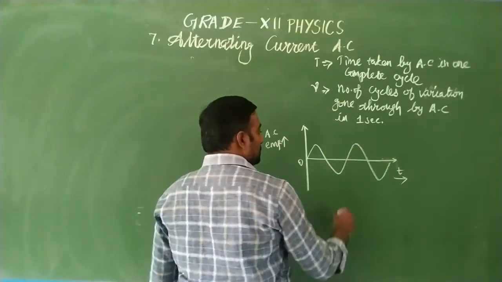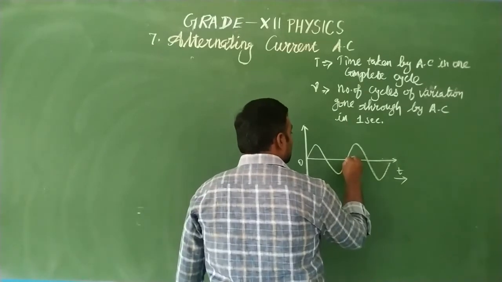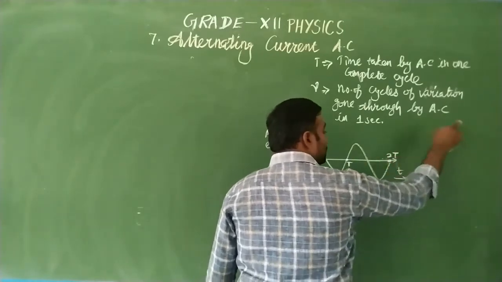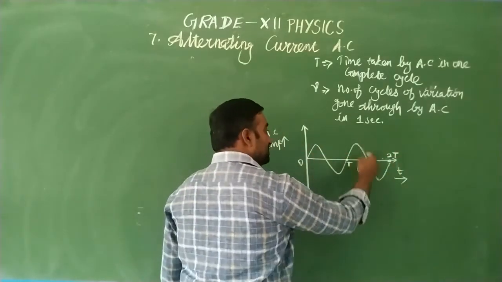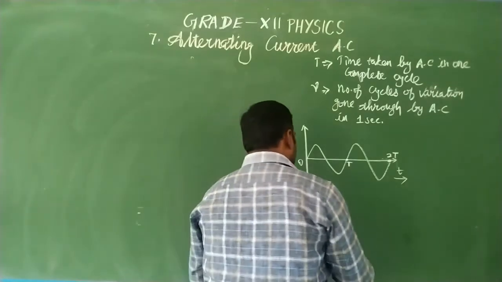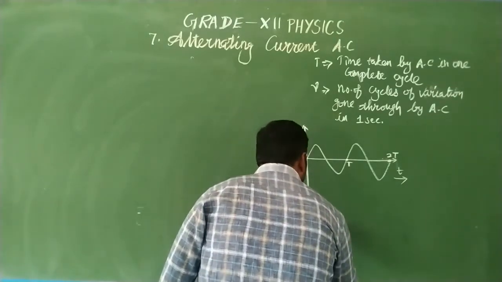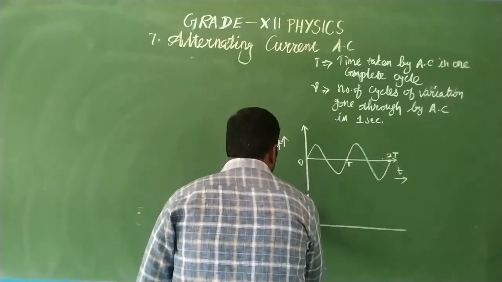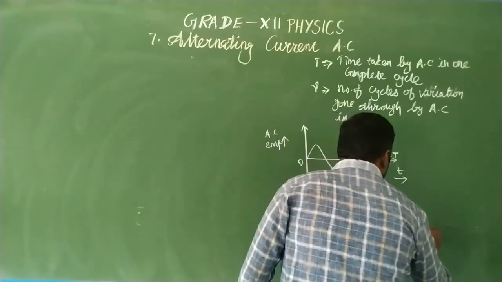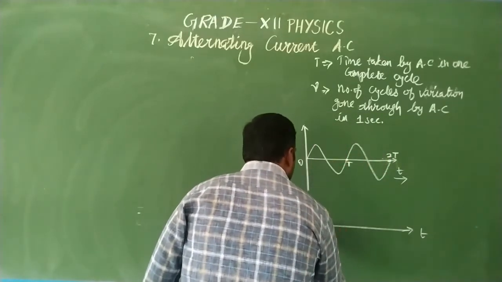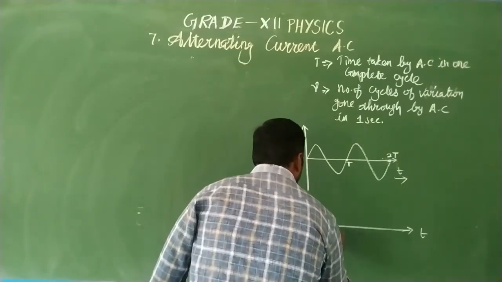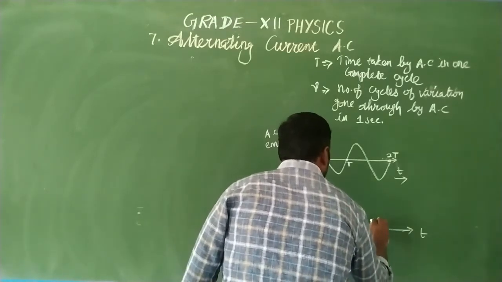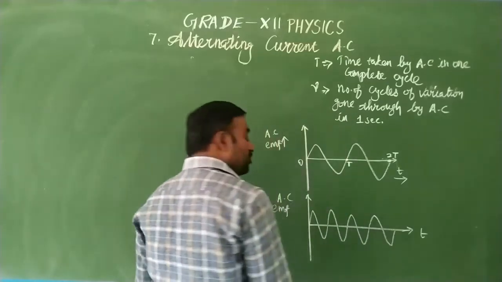So here this is the time period of one wave. This is time period of the second wave. Similarly it keeps on going. So the AC reverses the directions periodically. Similarly, in another graph, the same, in y-axis EMF is taken and in x-axis the time period is taken. So here how many cycles does it come?